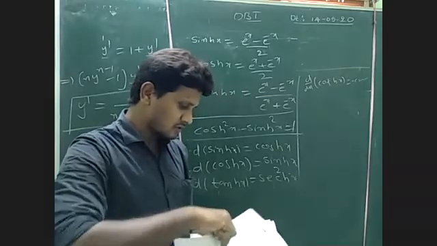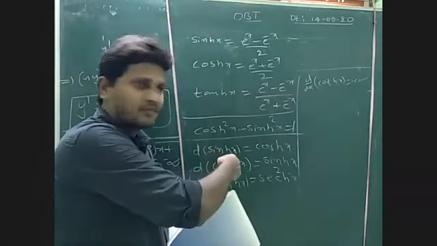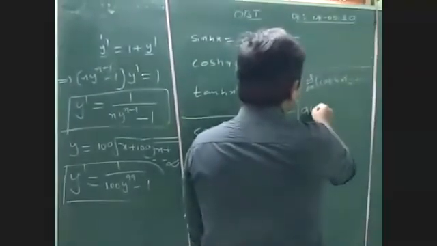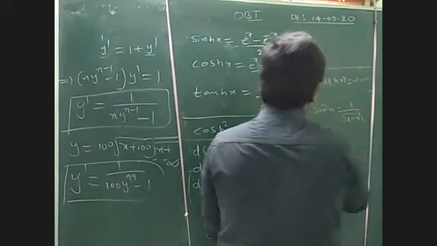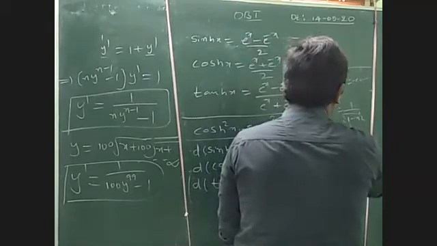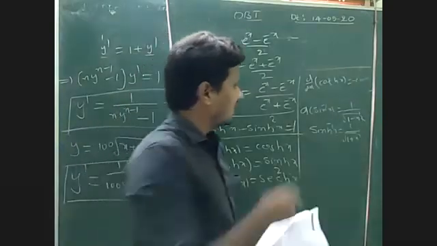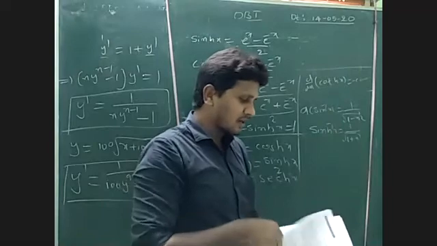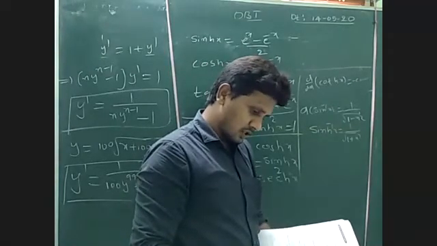So even now we can derive the derivative of sinh inverse x and cosh inverse x. Actually, what is the derivative of sin inverse x? It is 1 by root over 1 minus x square. Whereas the derivative of sinh inverse x is 1 by root over 1 plus x square. Here the derivative changes, minus here, plus here. But the formulas are already given. Once look at this formula, let's do the question.